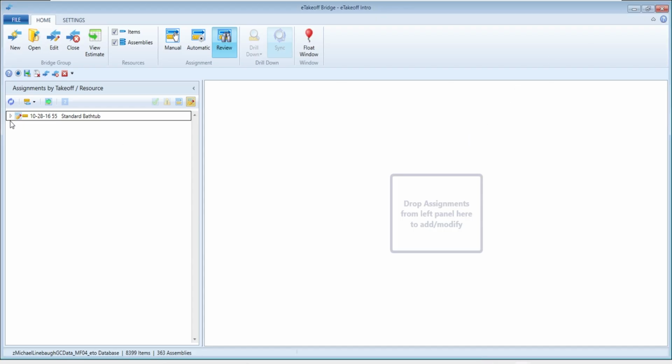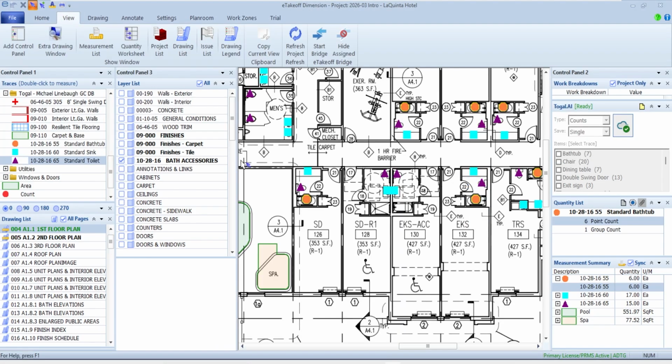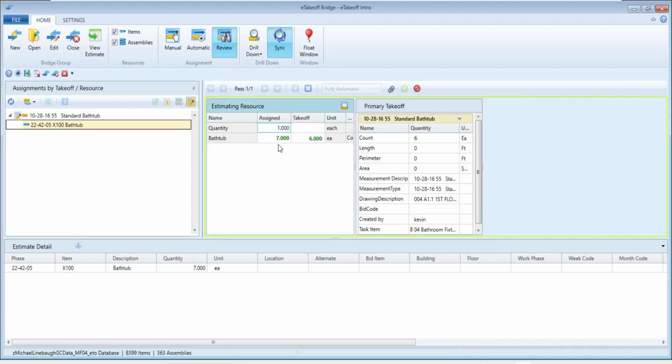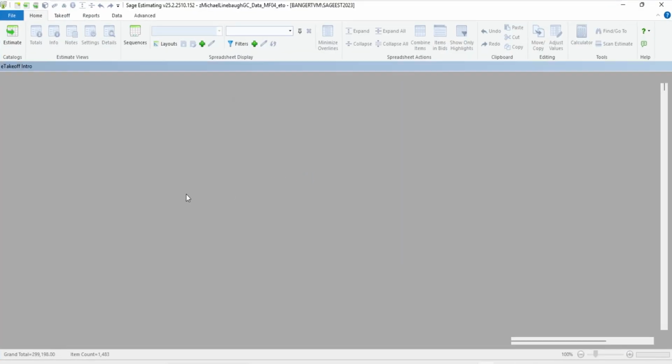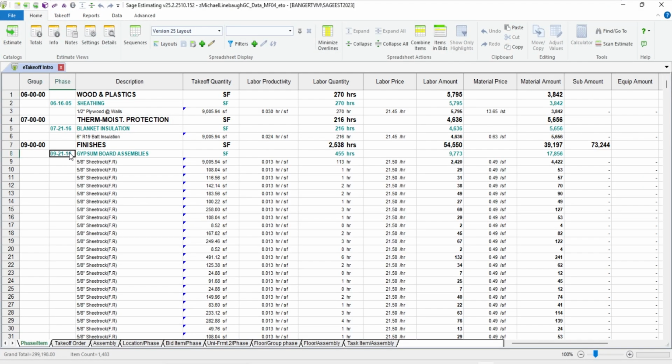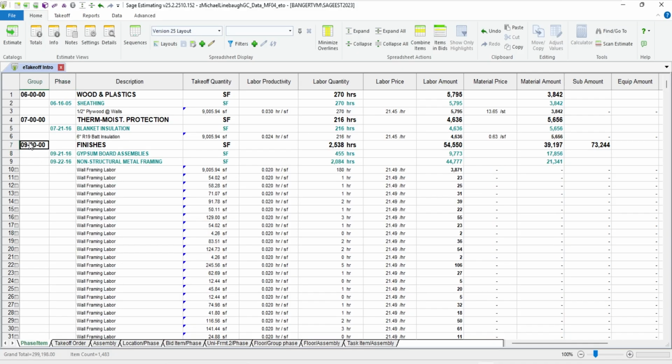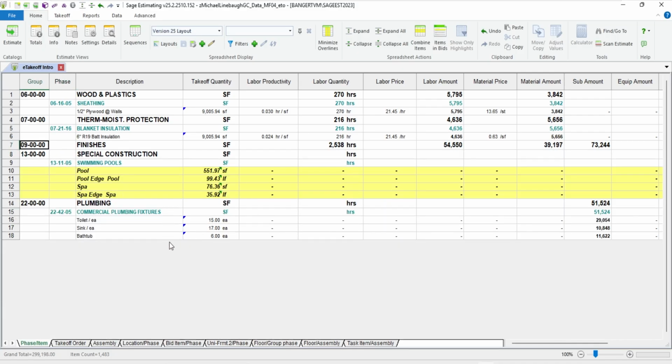As I go back through and look at the tub, it's kind of the same thing. I could come back in here and take a look at it. It would basically take me back to where it was originally from. It would show me that we went from a quantity of 7 down to 6. There again, if that's right, I did want to remove that tub, I could bring it down, push that to my estimate. Now in my estimate, when I take a look at it, I should have six tubs instead of the 7. Still all linked, something I could go back and review, things of that nature.